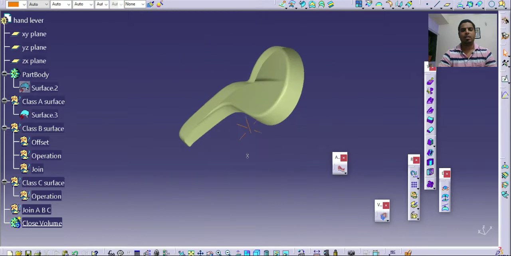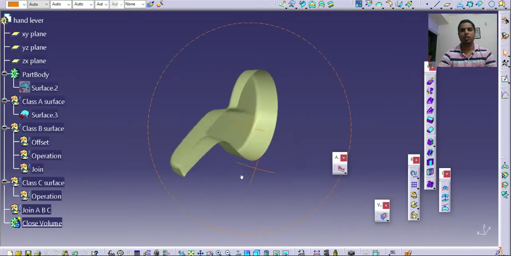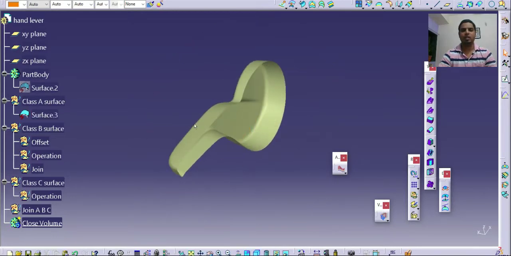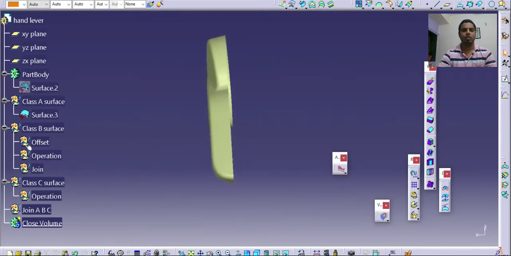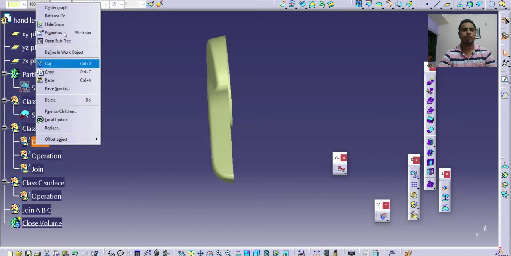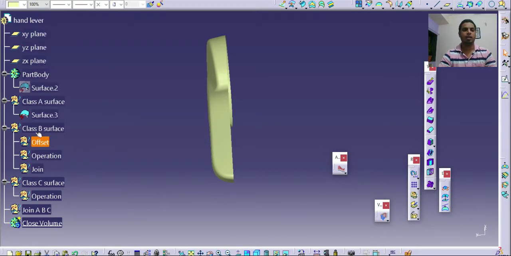A plastic part typically has a thickness of 2 to 3 mm. So we will be offsetting this class A surface by a distance of 2 mm. I will activate this geometrical set so it will be easier to understand in which geometrical set we have created an operation.